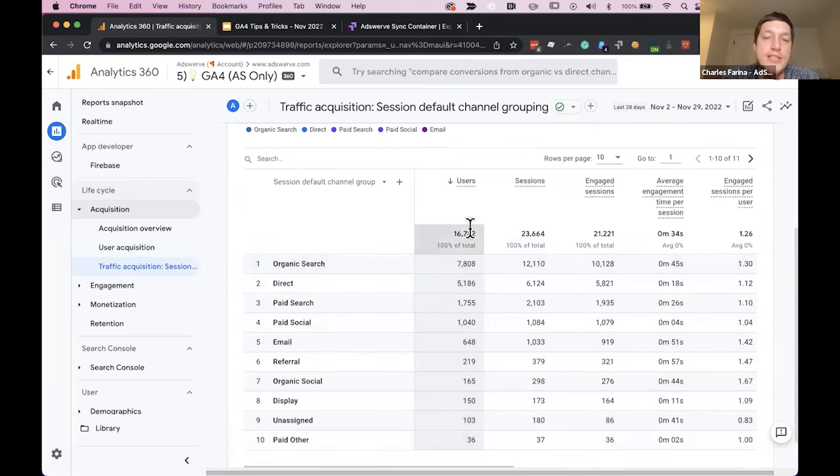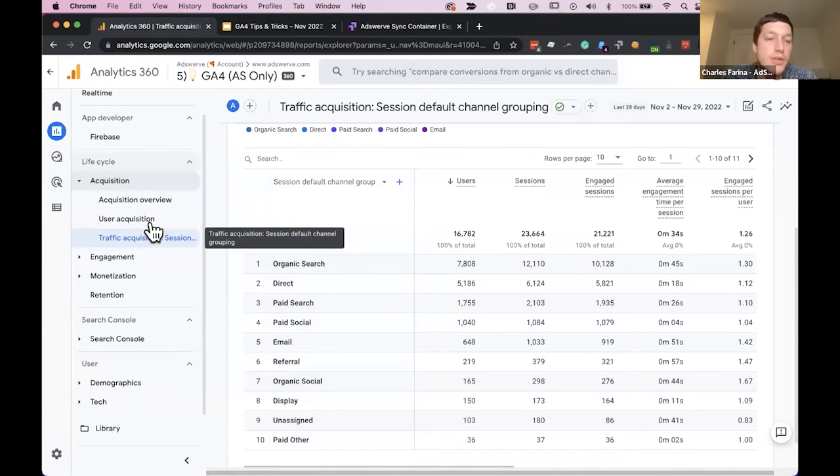Here I'm only seeing whole numbers. The reason this is not data-driven attribution is because this is still that last non-direct attribution model at a session level. This is similar to what Universal Analytics was doing, but this is what we call the session scoped attribution.